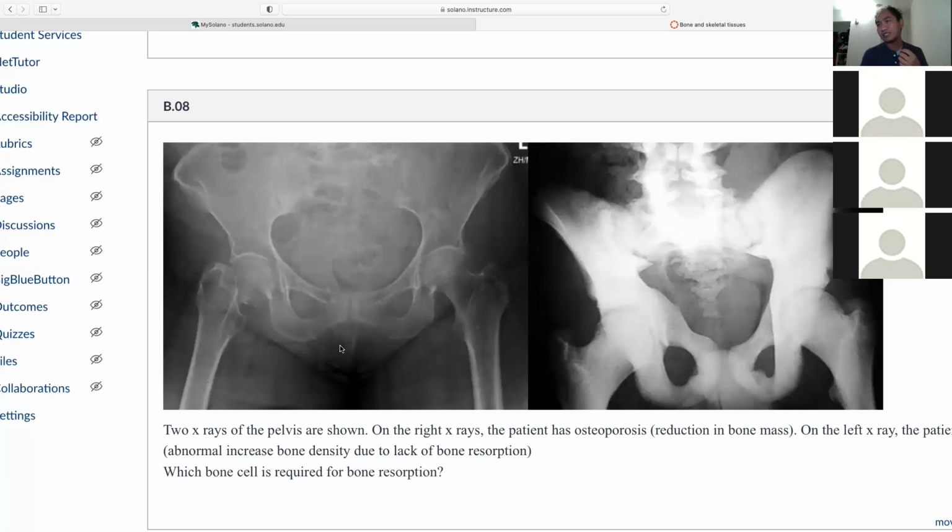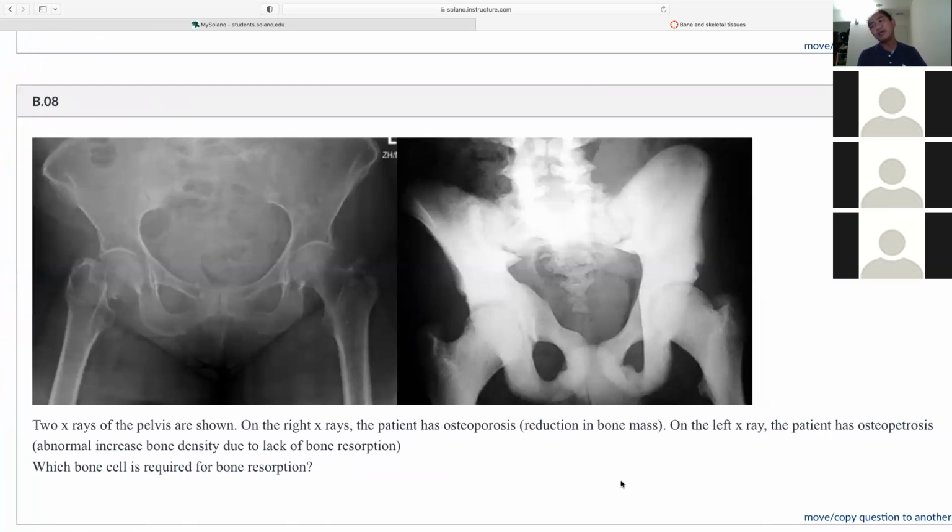If the osteoclasts are functioning too hard, we will get something like that. If the osteoclasts are too lazy, or if there is no osteoclast in our body, we will get a condition like this. This is what we call osteopetrosis. So you don't need to remember the name. I just show you the X-ray so that you are exposed to these. The patient has osteopetrosis. The osteoclasts are not functioning well, and the bone mass is so thick, so dense,